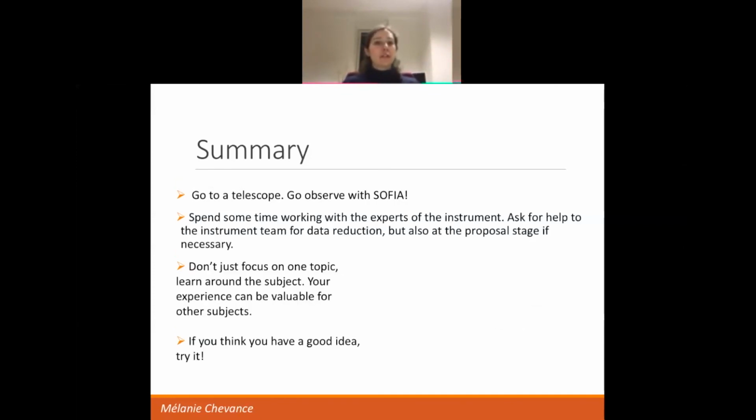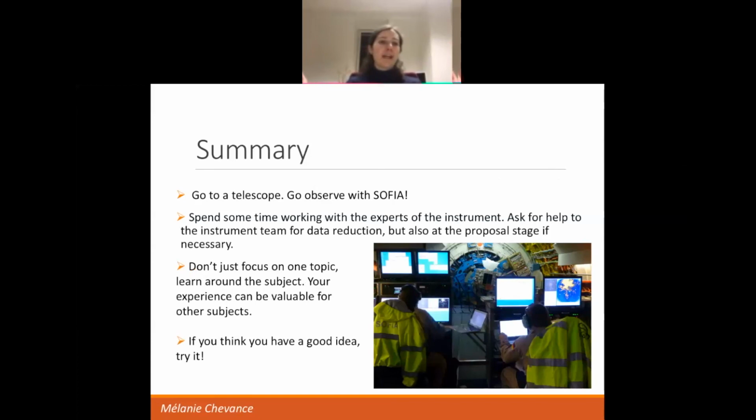And finally, just a couple of words of advice: go to a telescope, go observe with SOFIA especially. I encourage you all, if you have the opportunity to go to an observatory or work with an expert of an instrument, to be involved not only at the data reduction stage, but also at the proposal stage, to know what the instrument can and cannot do. And finally, don't focus on one topic, but learn around the subject, multi-wavelength, multi-scale. I think this is the key